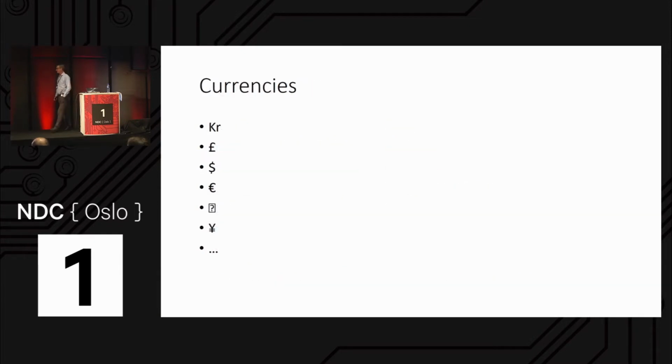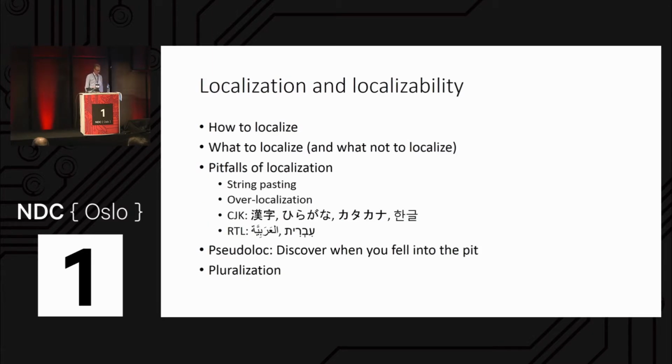Yes, so that was currencies. I almost forgot. We have all the different symbols that we use for currencies. Some are specialized symbols, some are just abbreviations like the kroner. And they end up in front of the number or in back of the amount or with or without an intervening space. The negative numbers are specified in different ways and so on. So again, use libraries when you can. Use some meta APIs when you can't.